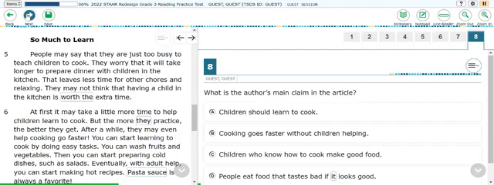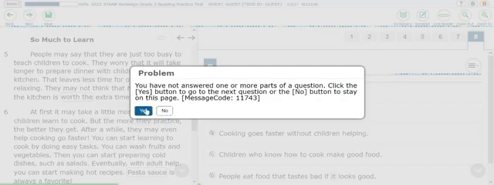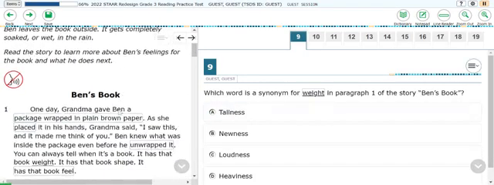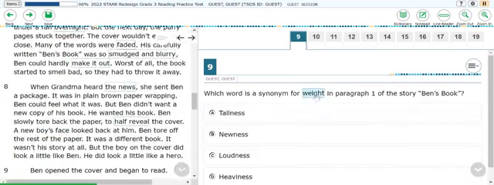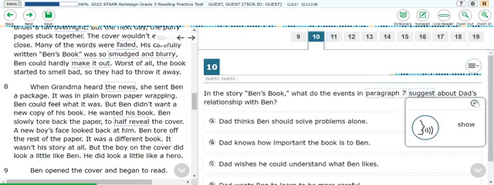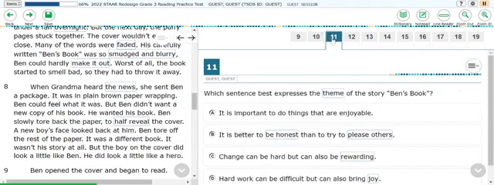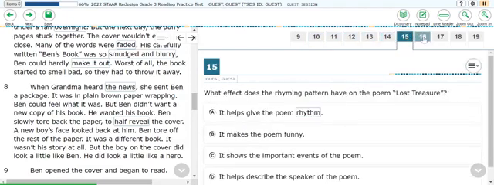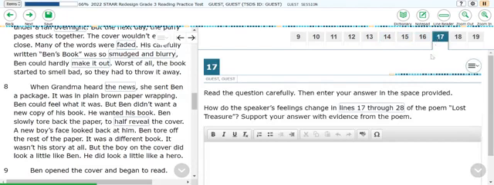And then if you click next, it'll say, do you want to move on? You haven't answered the questions yet. I'm going to say yes, just so I can show you. This would be the next passage. And then see what it says for suggest, show. Okay, that's neat. And then if we go through, I'm going to skip through these to get to the SCR